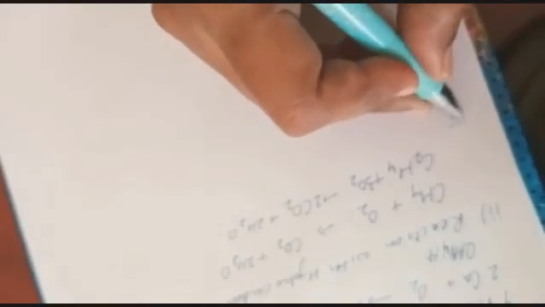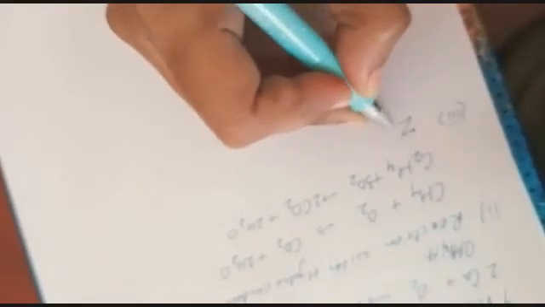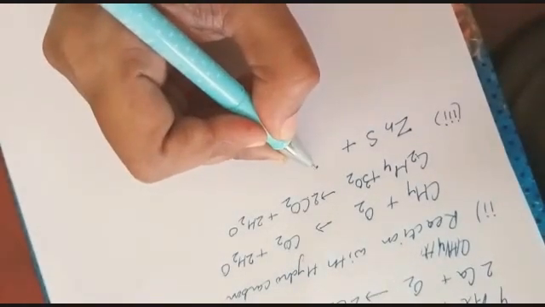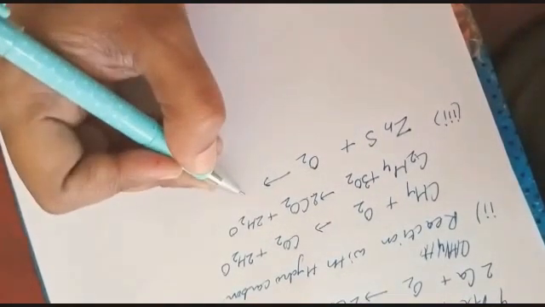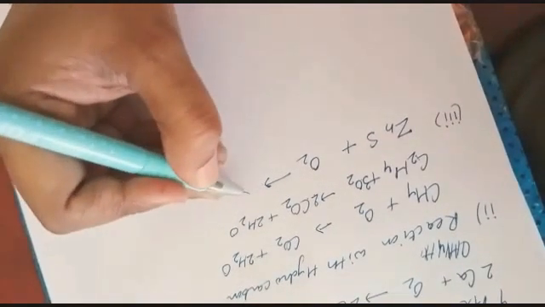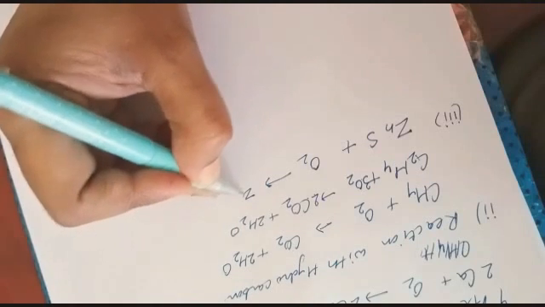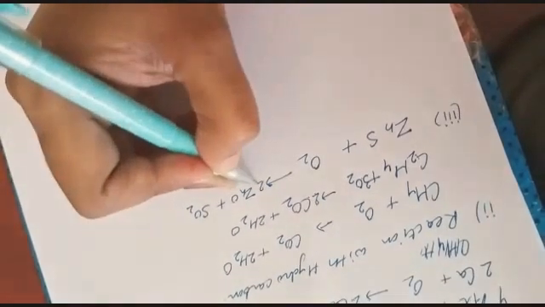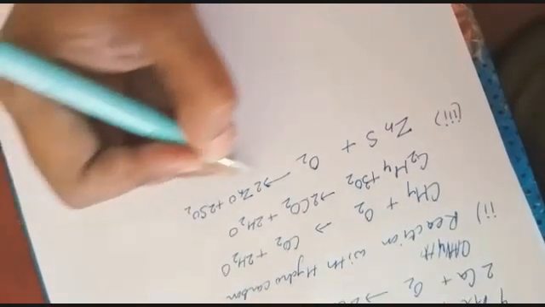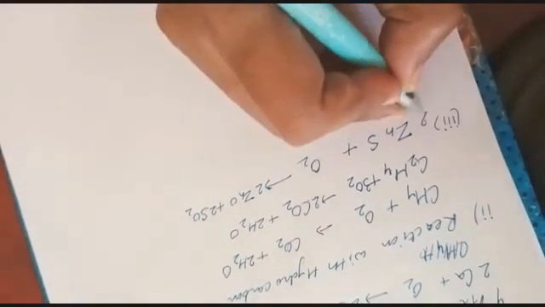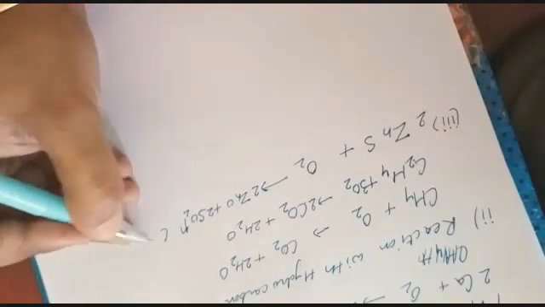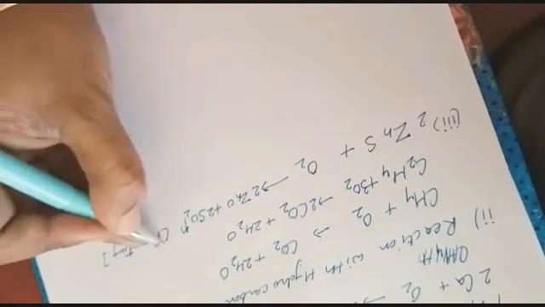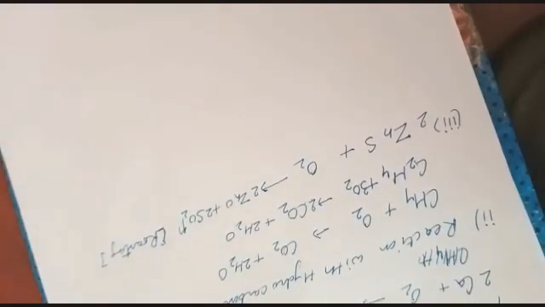Now when oxygen reacts with a salt, meaning zinc sulfide, this is the reaction of roasting. When a metal sulfide reacts with oxygen it forms zinc oxide plus SO2. This reaction you will study in metallurgy. Okay, this is the reaction during roasting. This reaction is used in the isolation of metals.